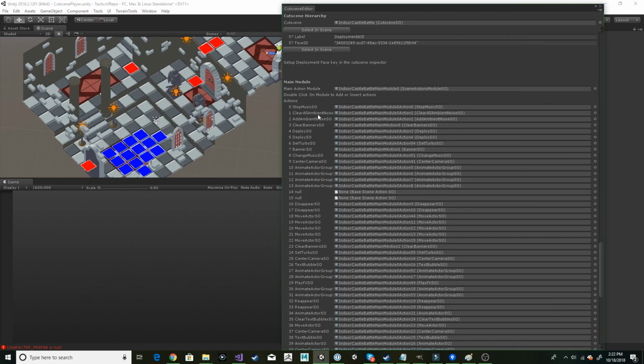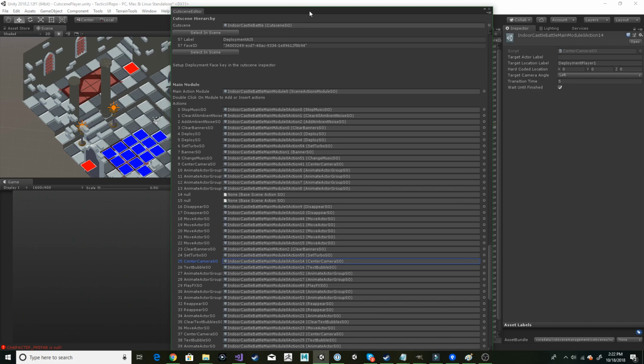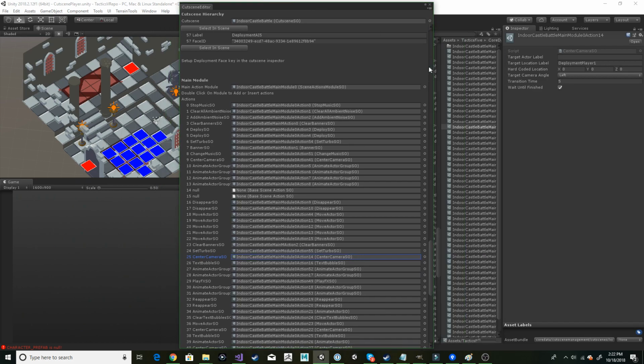I made the cutscenes before I even made the combat, so it all links really kind of slick. So it's like, I got my stop music. If I go down here, I literally speed up the game with a turbo, because I'm moving things around. And then by the time I set the turbo back, it would hopefully be a minimal amount of time. And then by the time I actually get to actions that the player would see,